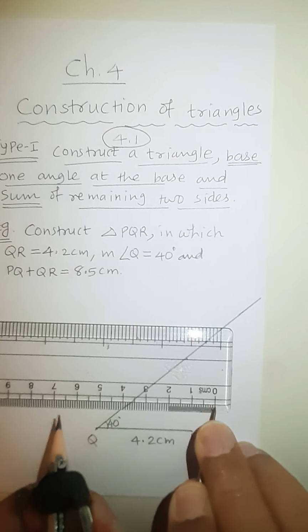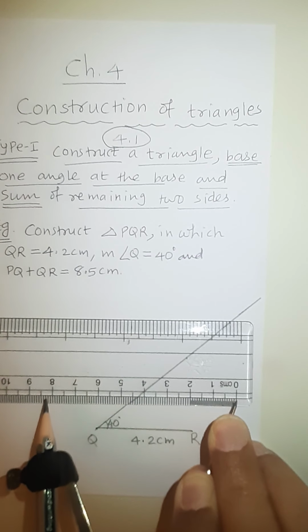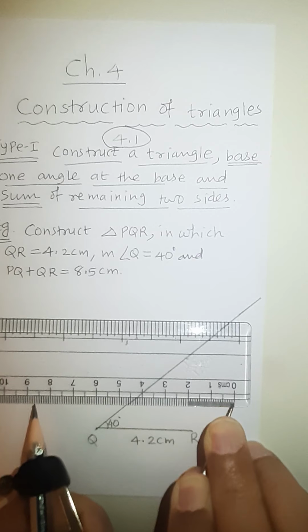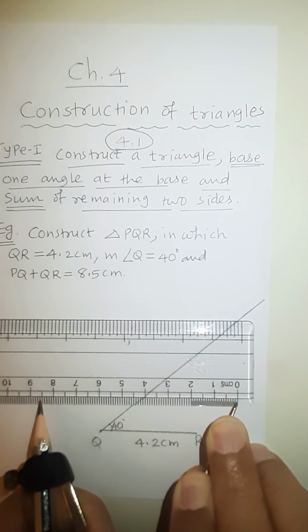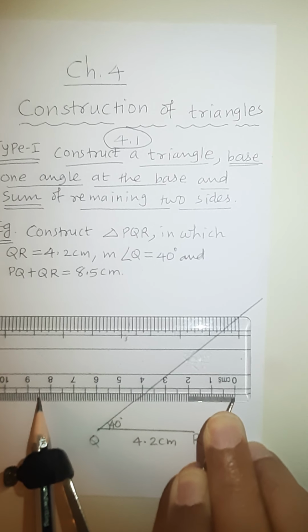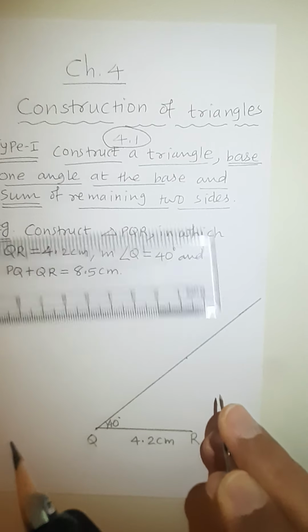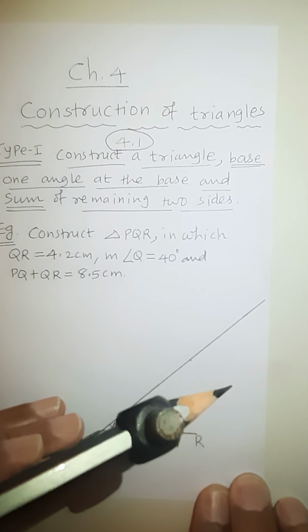I will stretch this till 8.5. Where is 8.5? Here you can see 8.5. So I will take the measurement this way, exactly 8.5. Yes, so this is the measurement 8.5. And then what I will do is, I will remove the scale, and from point Q,